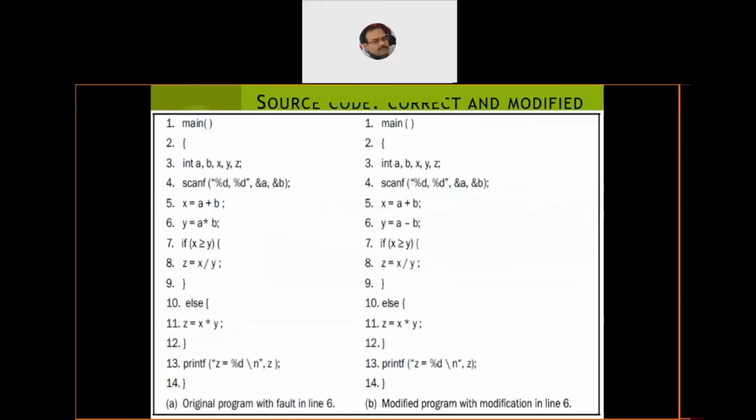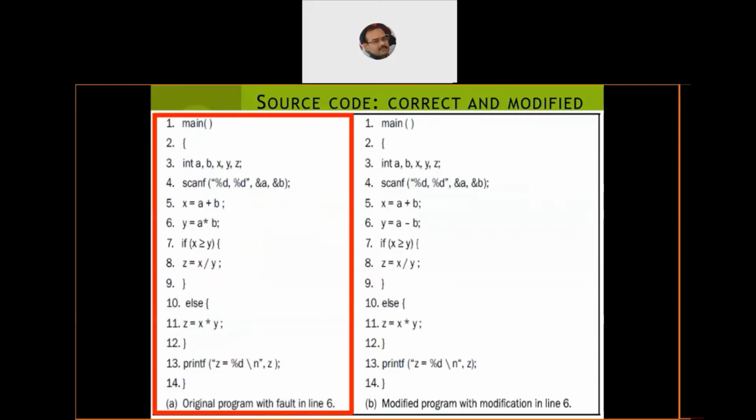Now let's take an example of how this relates to reality. So we have two portions of the source code. We'll discuss the first portion here. So main function, line number 1, then curly braces, opening of the main function, then at line number 3 we declare variables a, b, x, y, z. Then we expect the input to flow in from the user. So percentage d, the value is received into variables a and b. Then a and b are added. The result is stored into variable x. Then the product of a and b is done. Then the result is stored in y.